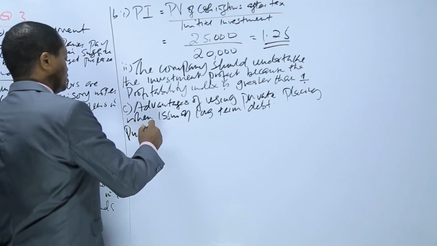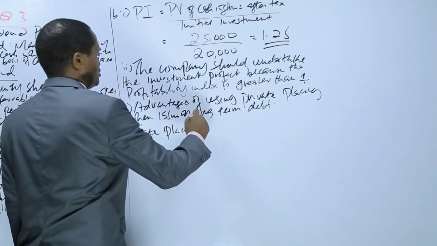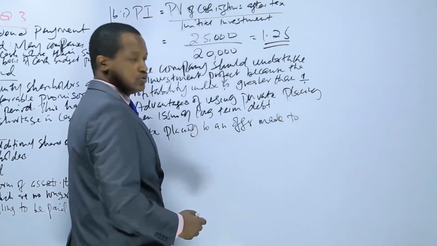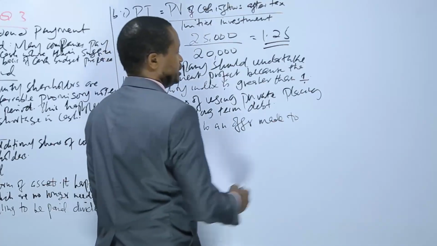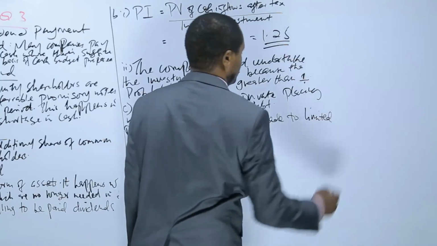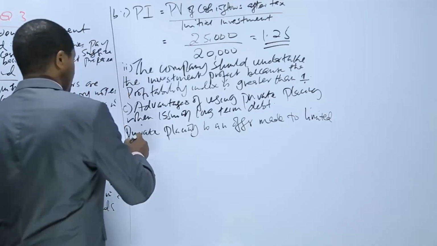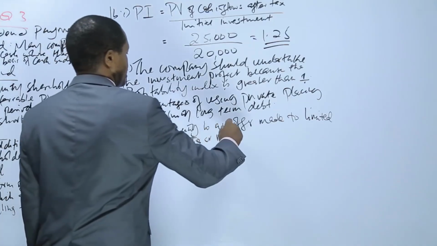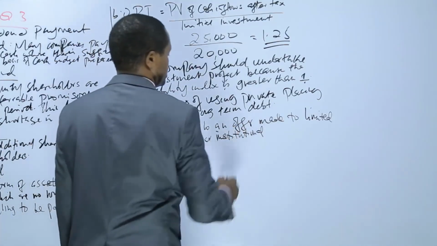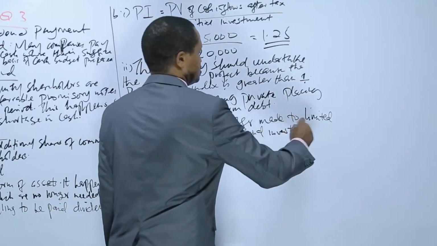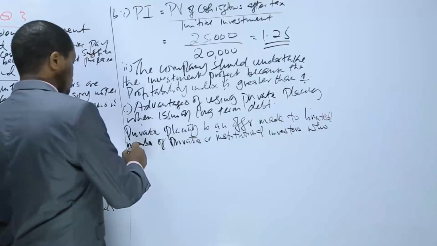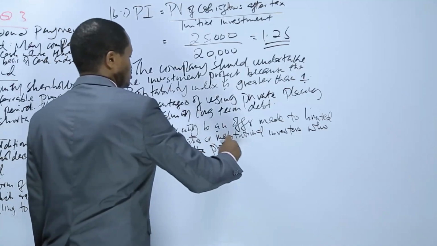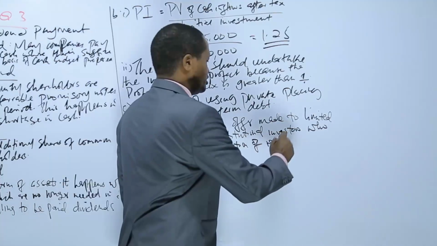Private placing is an offer made to a limited number of private or institutional investors who do not require the protection of a registered